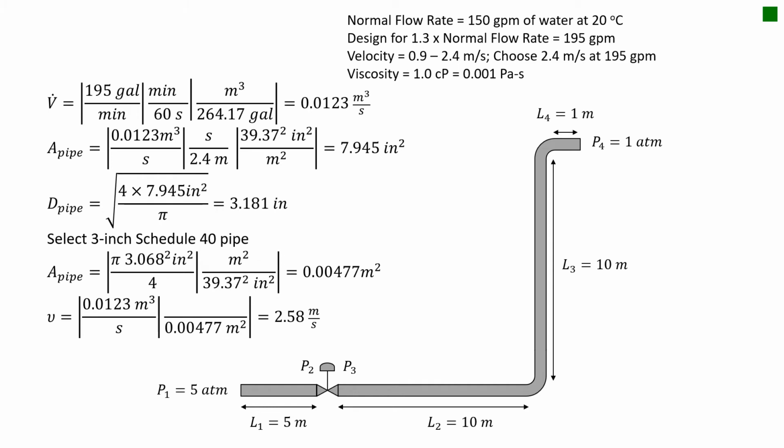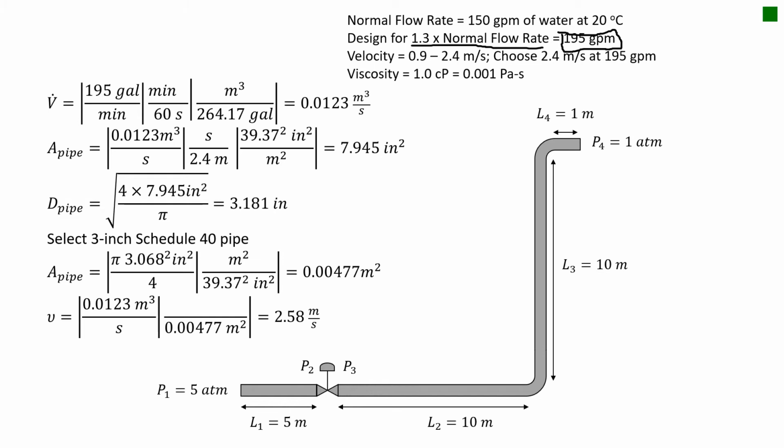So let's take a look at our system that we want to design. We want to use a normal flow rate of 150 gallons per minute of water at 20 degrees Celsius. Now, if we don't have a maximum flow rate, we'll design for about 1.3 times the normal flow rate for our pipeline design. In this case, using that heuristic, we're going to design our pipeline for a maximum flow of 195 gallons per